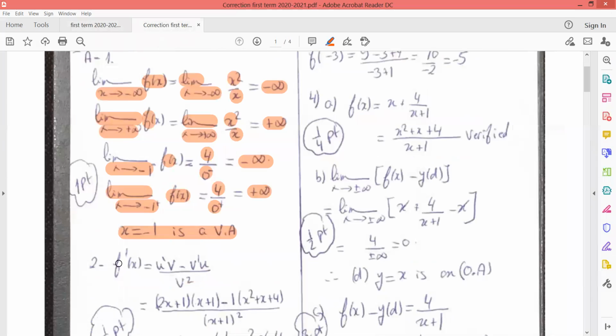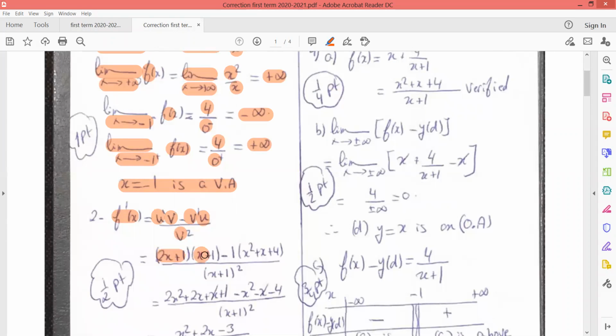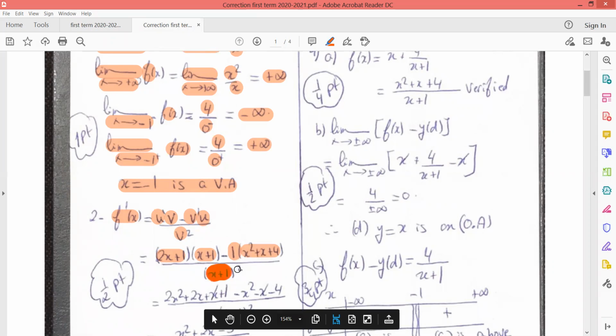So the rule for the quotient: the derivative of the quotient is u prime v minus v prime u over v squared. u prime is equal to 2x plus 1. v is x plus 1. v prime, the derivative of x plus 1, is 1. Then we multiply by u and v, x squared plus x plus 4, over v squared, which is x plus 1